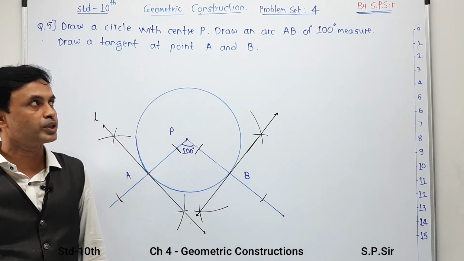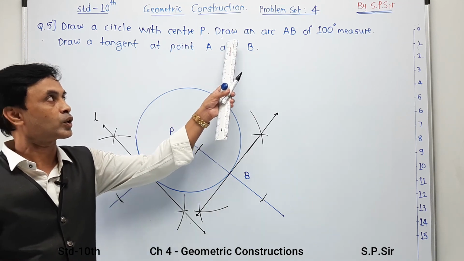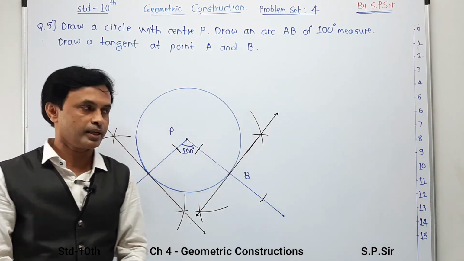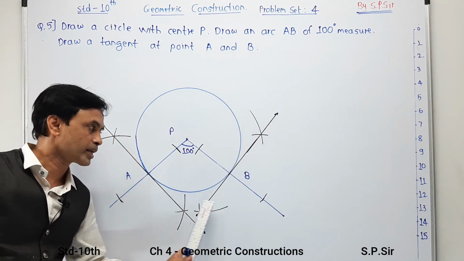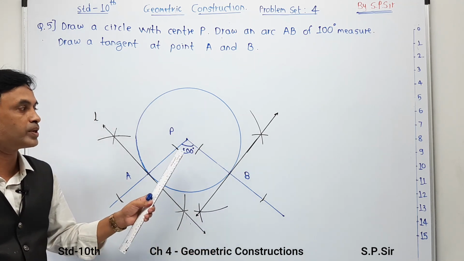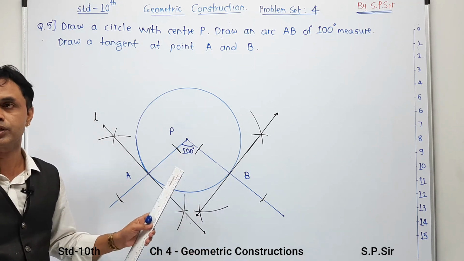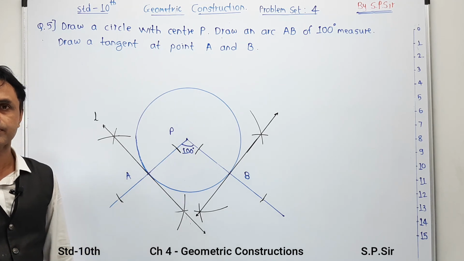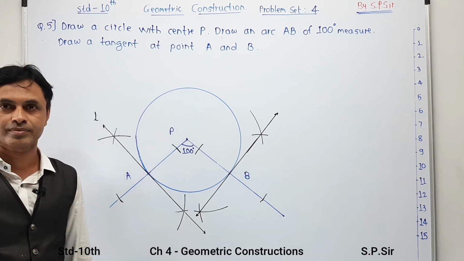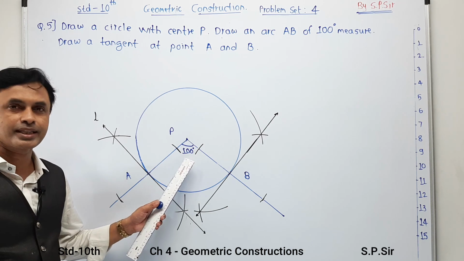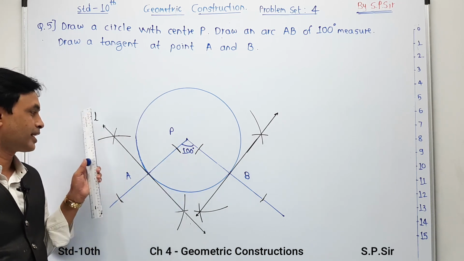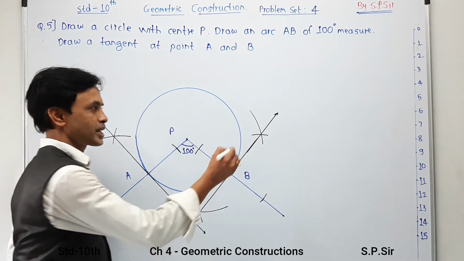So it is a part over here. In terms of accuracy, draw an arc AB of 100 degree. Now actually your arc AB is 100 over here, but we always enter it at the center of the respective circle. Also, as you have indicated this central angle as 100 degree, this line L, please give this line also some name.